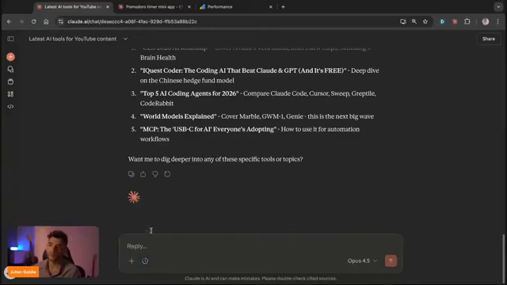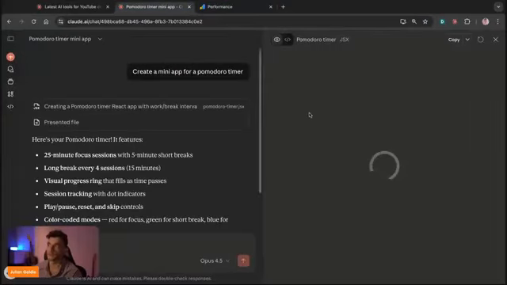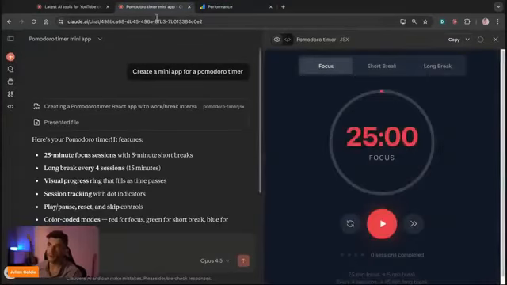But if you want, for example, to code out a project that's quite complex, or you want to get like the best possible outputs that you can, then you're going to switch over to extended thinking. I by default just don't have it on because sometimes some of the tasks I do just take way too long with this stuff. Now, if we go back to the Pomodoro timer app over here, you can see that